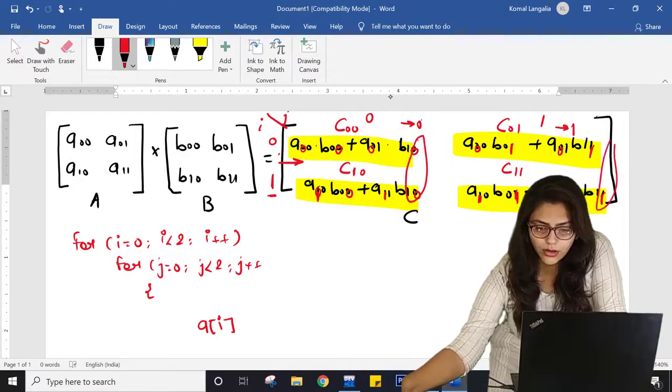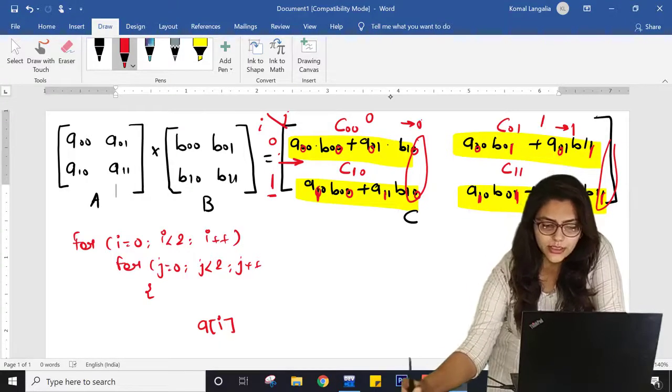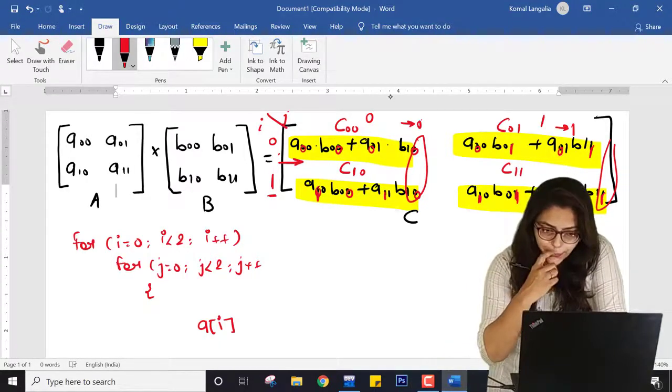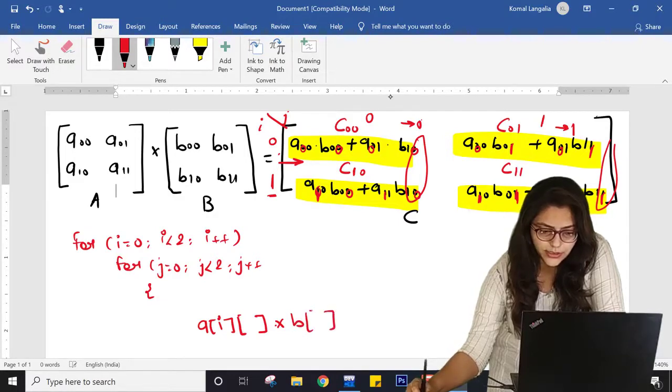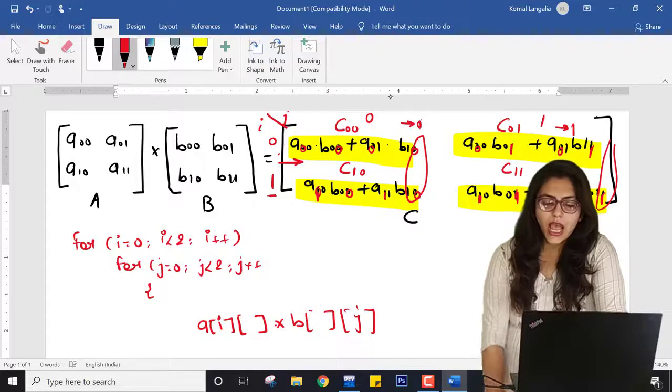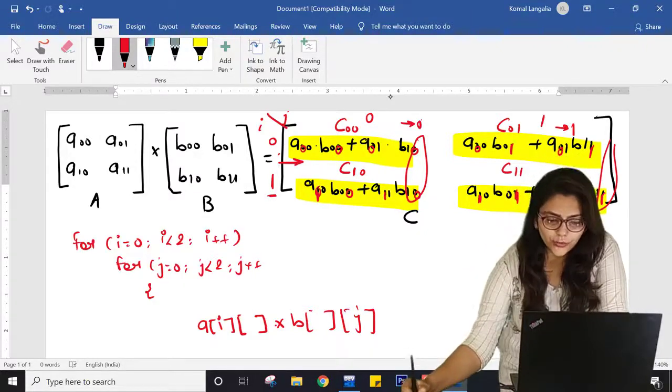For this column, all values will be 0, here it is 1. So what I can do here is A of something, I don't know what, multiplied with B of something and then here the value of J. I hope you have noticed the change, that's why I have written J over here.